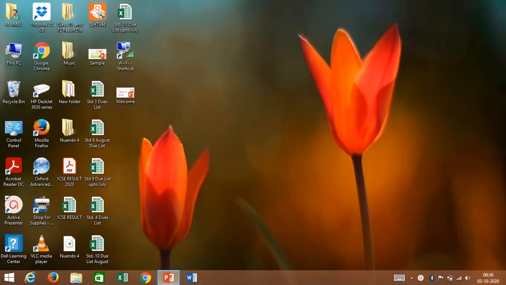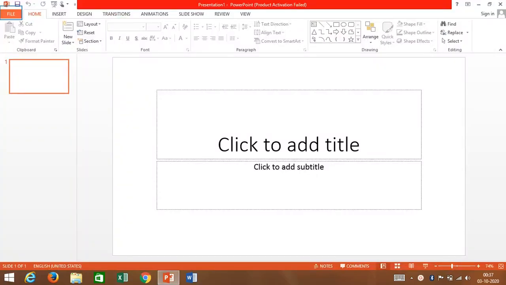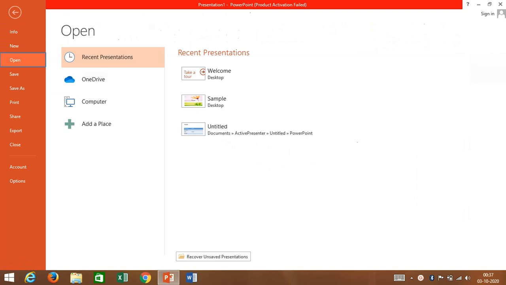So students, now we will see how to open an existing file in MS PowerPoint. Here I have opened MS PowerPoint, and through this application I will open an existing file which I have made already. To open that, as it is written in your book also, we will follow the same path. Click on the File option, then the backstage view will come on the screen, then click on Open, and when you click on Open, the next menu will appear.